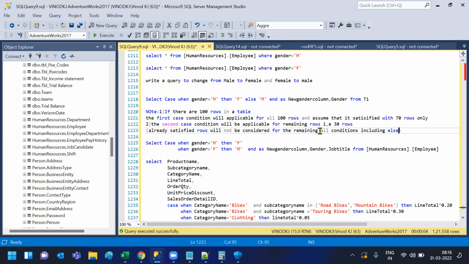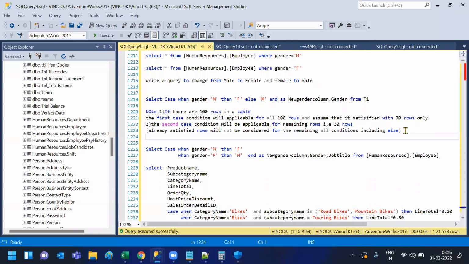Done, right? Yes, sir. Okay. Now assume that the second case condition is satisfied with 20 rows. Assume that the second case condition is satisfied with 20 rows, then